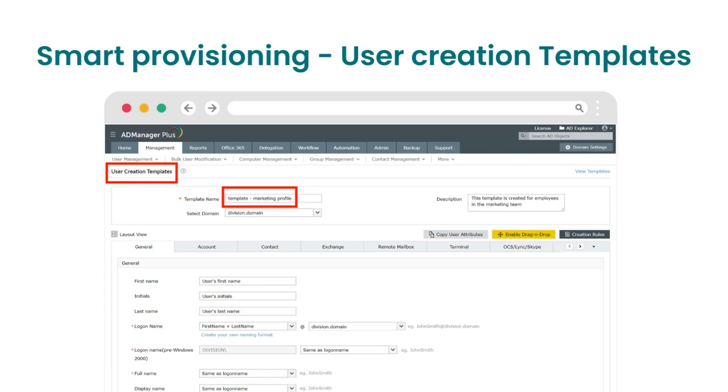It is a huge time saver, because consider a scenario in which there are many new employees joining your sales team at the same time. Instead of creating new accounts for all of them one after the other, just create a template with the appropriate values for all the required attributes and list all the users in a CSV file. You can just import them and apply the template, and new user accounts for all the new employees will be created in your Active Directory with all the attributes.